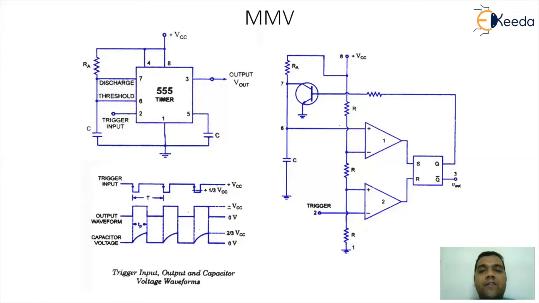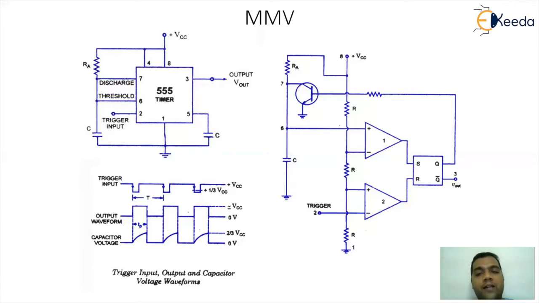Immediately the capacitor will discharge through the transistor to ground, and the current from the battery will flow through RA through the transistor to ground. So it is as good as we have returned to the original situation. It implies that whenever I give a trigger pulse, I was able to generate a pulse at the output. That output was available at pin number 3. If I want the next pulse to get generated, I need to give a trigger again.